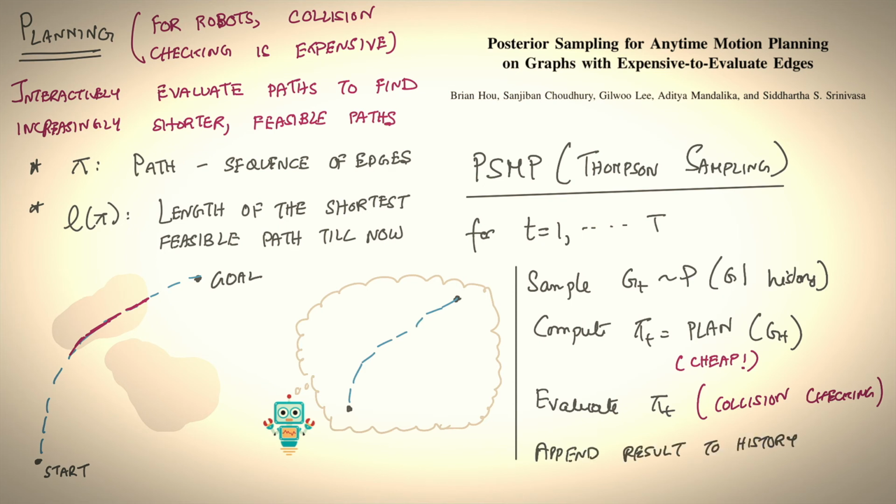Now, based on this observation, it goes and updates the posterior over edges, right? So it marks the edges it saw to be feasible, but even nearby edges are marked as potentially infeasible. Based on this, it computes a new path that maybe goes around the obstacle. And when it checks this path, maybe it's feasible and it has a feasible path to the goal, but that's